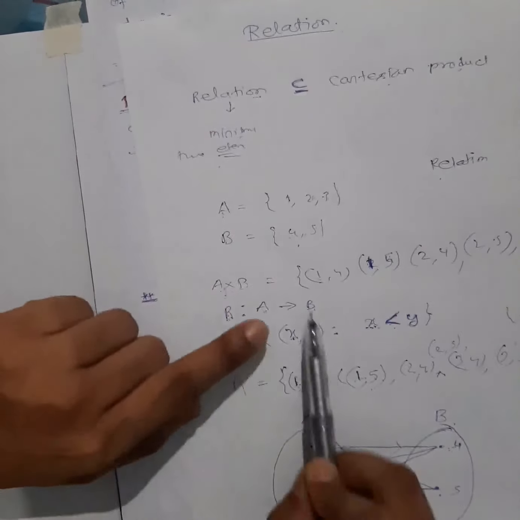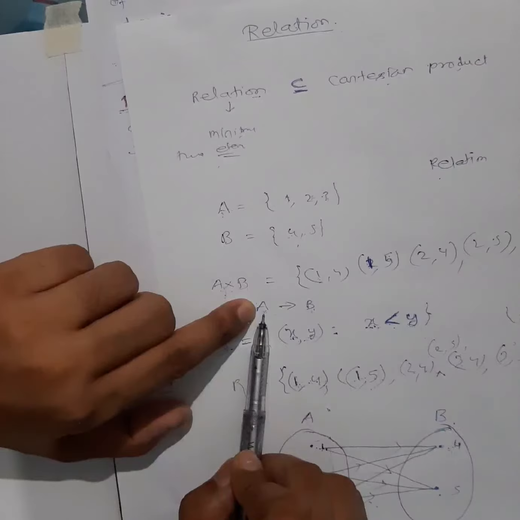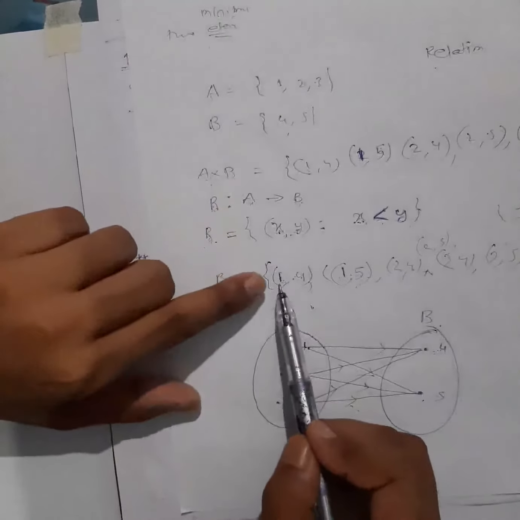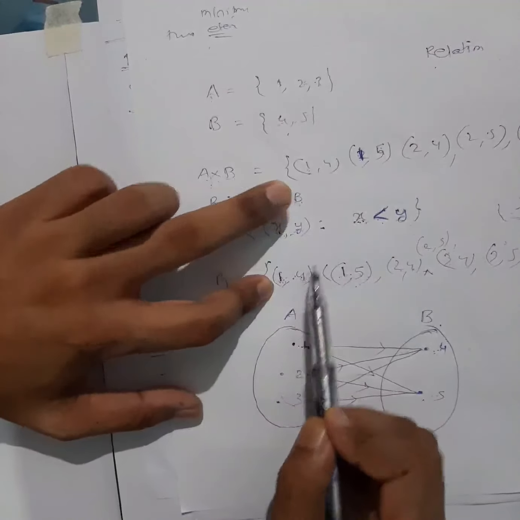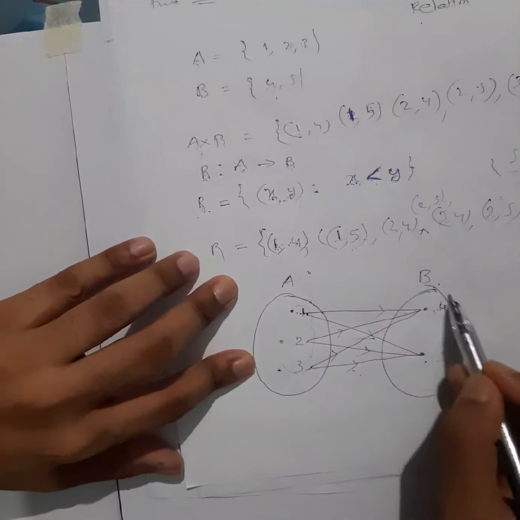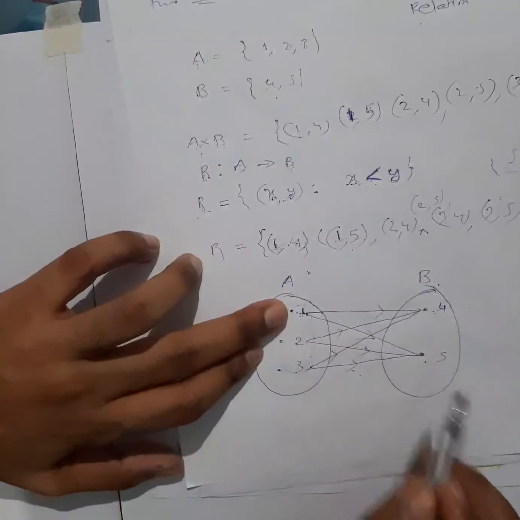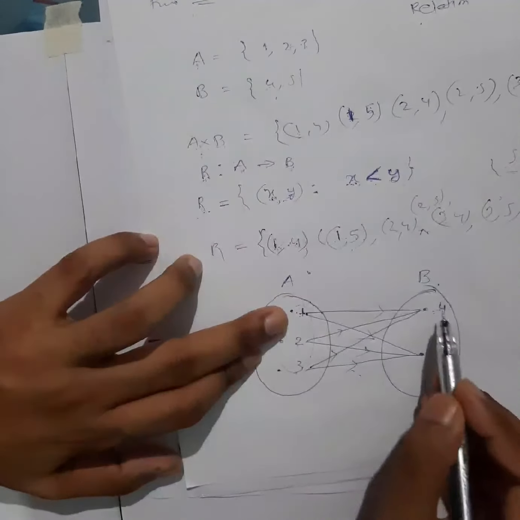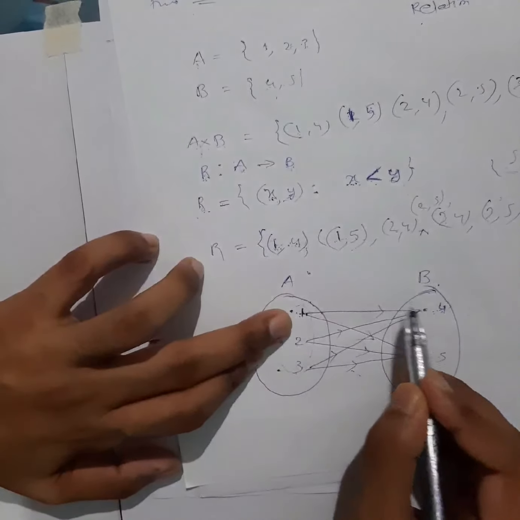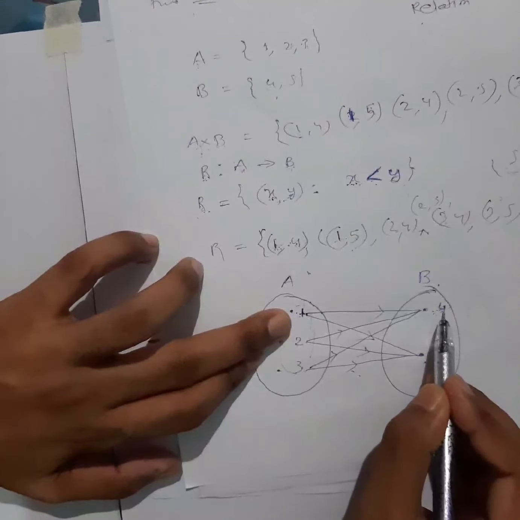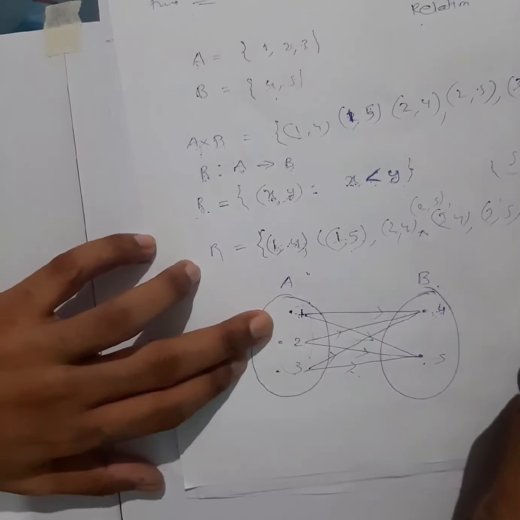The image means the second element will always be from here. You cannot take the first element from here and the second element also from here. I hope you understand what I'm trying to say: the first element you always take from here, and the second element which you take, always take from here. So that's why this element will always be there with the element of the first one. But it should be related. Since these two are related, this will always be with this element. So that's why this is called the image of this one. As we know, a shadow is always with you, right? Always will be with you.